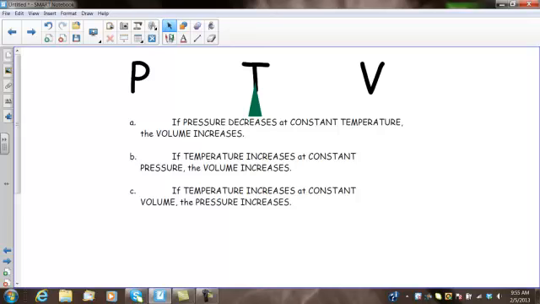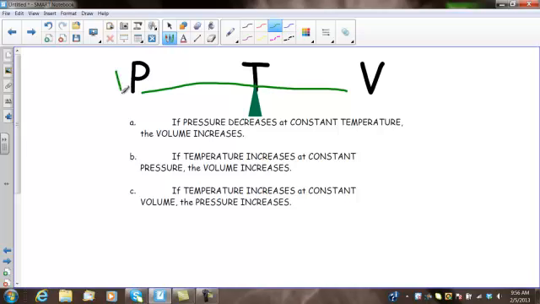If this is the seesaw, and P decreases, what's going to happen to V? Well, if I decrease P and T's at my fulcrum, V will increase. Let's look at